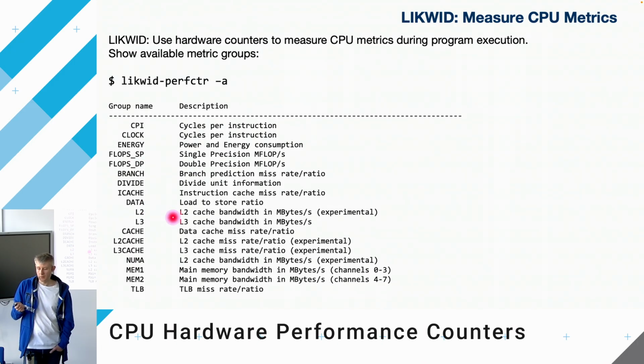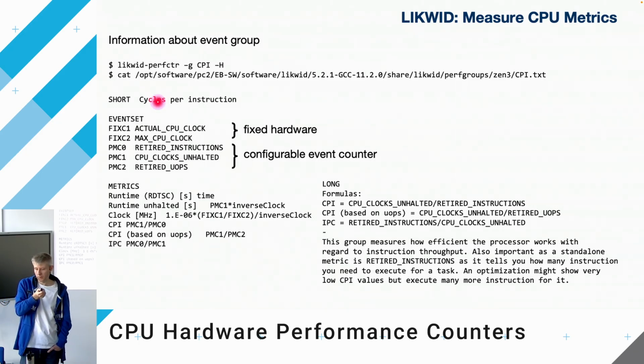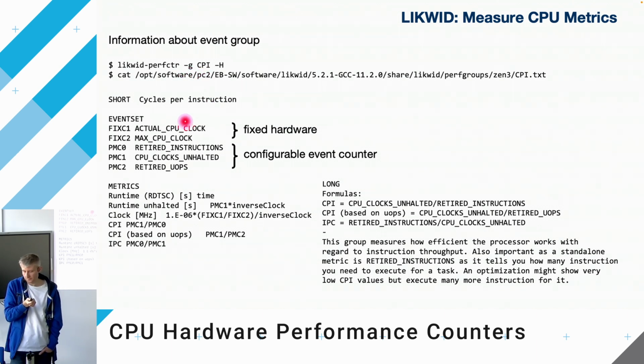You can look at the bandwidth that was used by the caches during the execution of your program, and so on. And then you basically say likwid-perfctr -g and the group, in this case CPI,